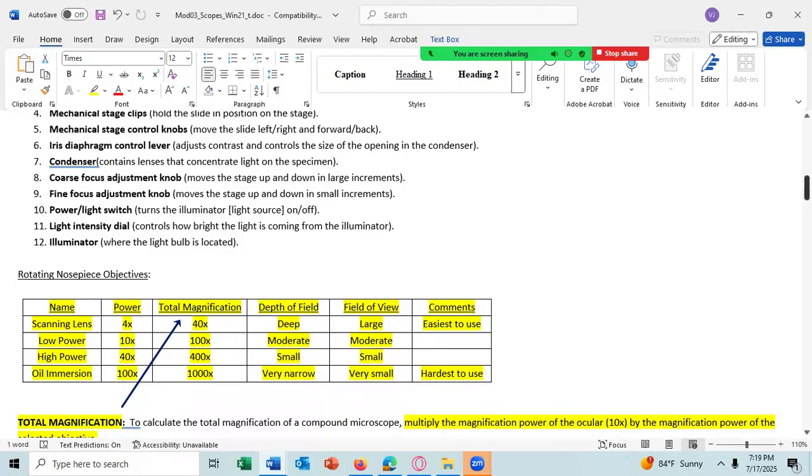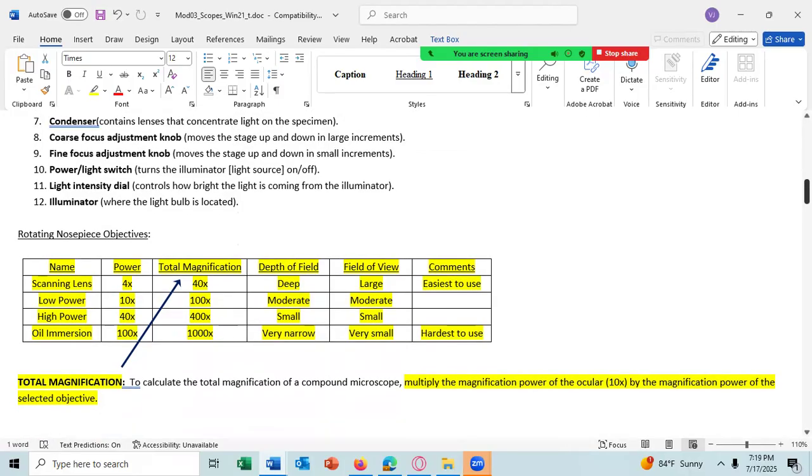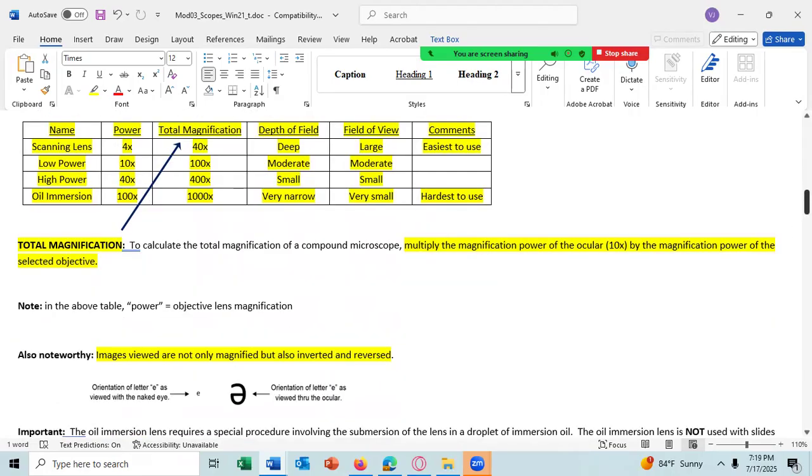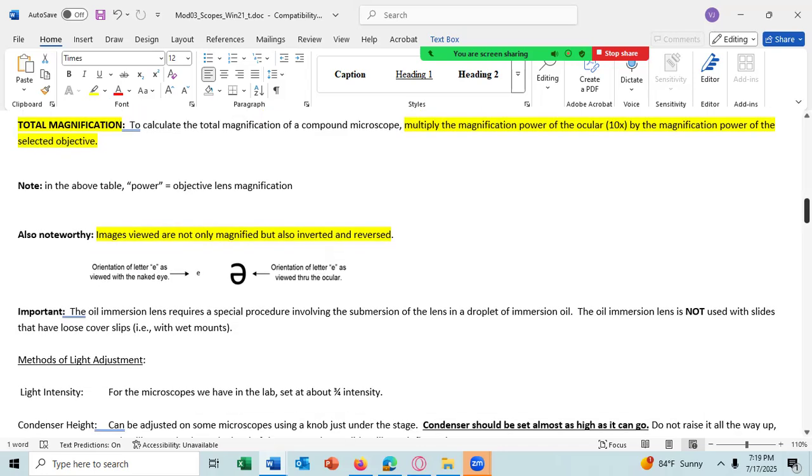All right, remember the total magnification is the magnification of the objective lens times the magnification of the ocular lens. You should also note that when you see an image of an object under the microscope, the image is not only magnified, but it is also inverted and reversed.